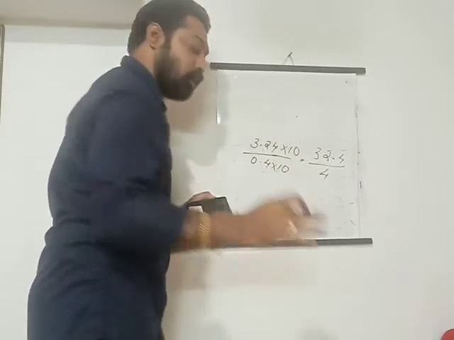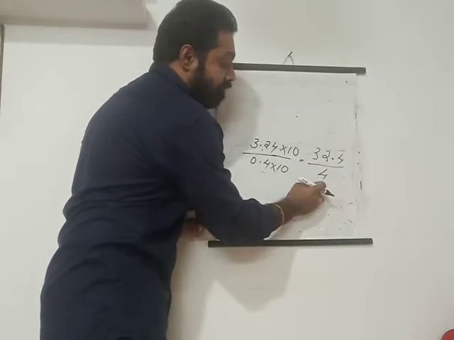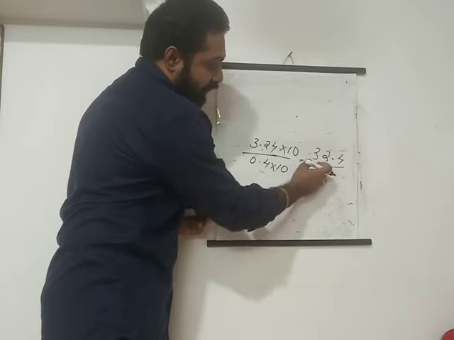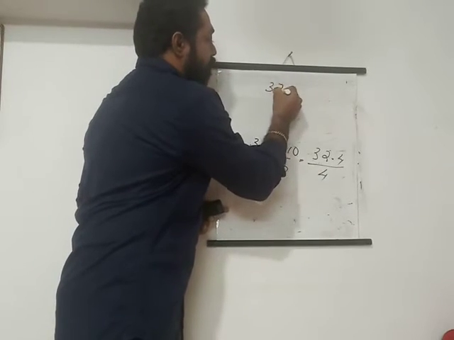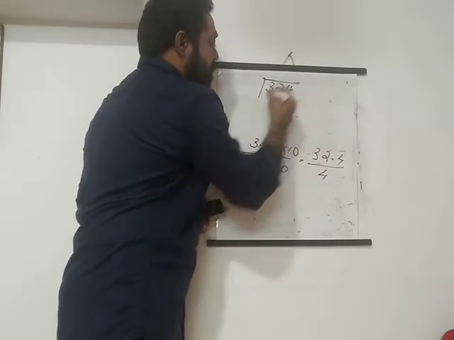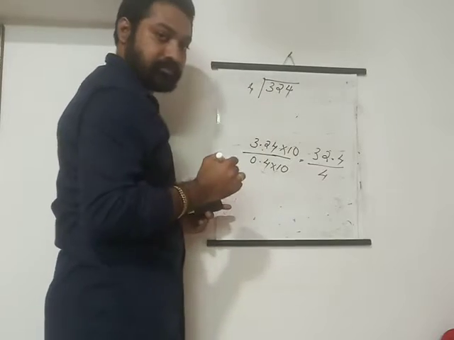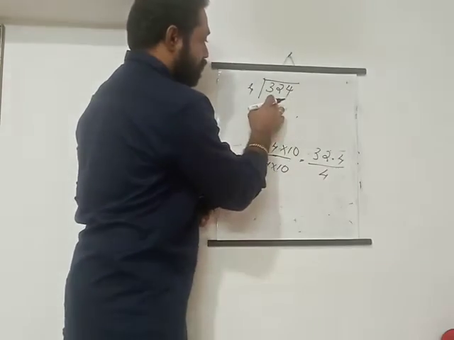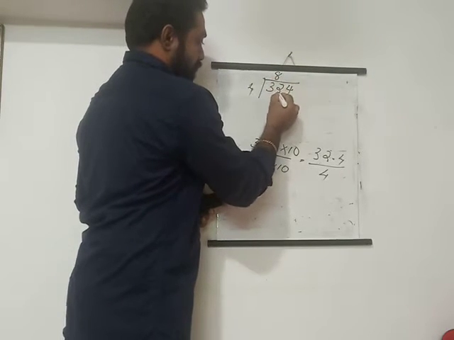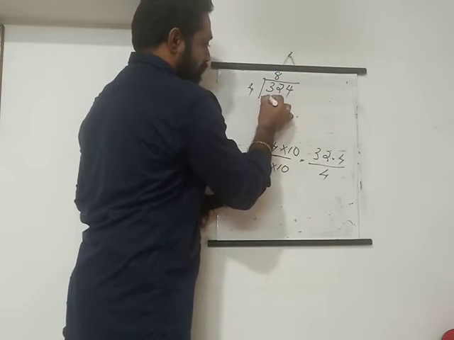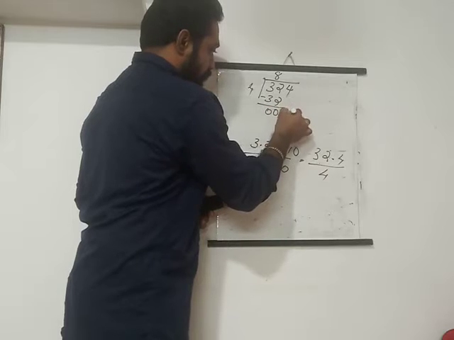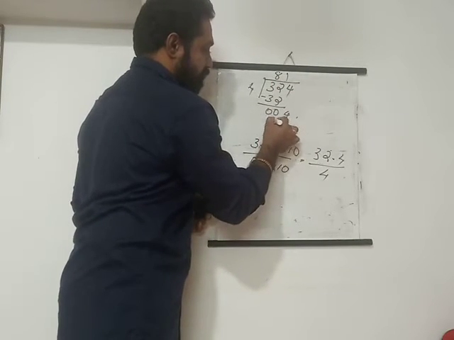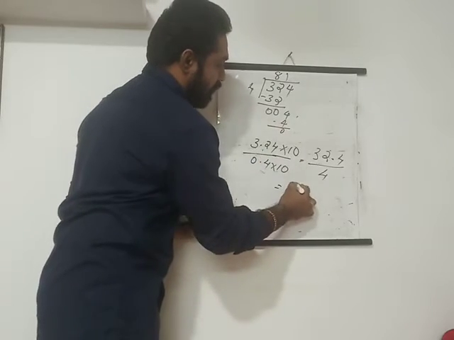Everything is the same. So the decimal number I got, then I have to divide this decimal number by a whole number. For that I am taking 324 and dividing it by 4. Then what is the answer? 32, isn't it? 8 4s are 32. Then 0, 4 will come, 1, 0. I got the answer.